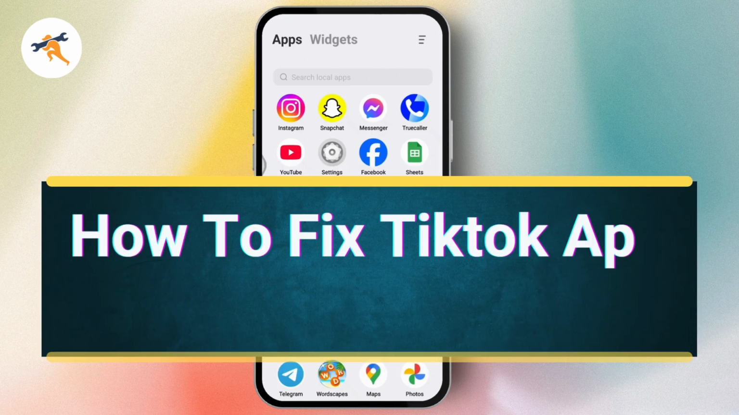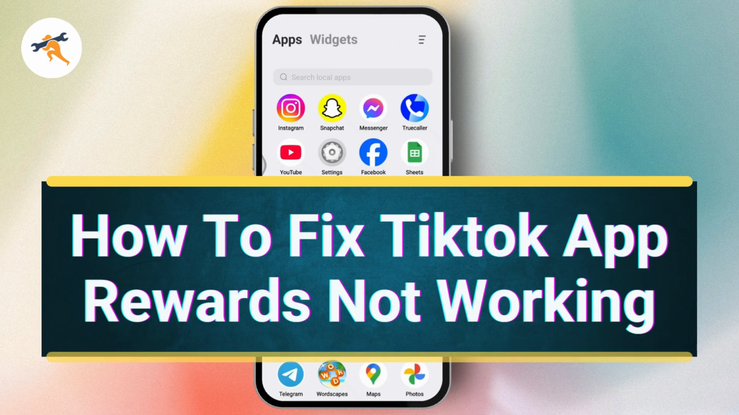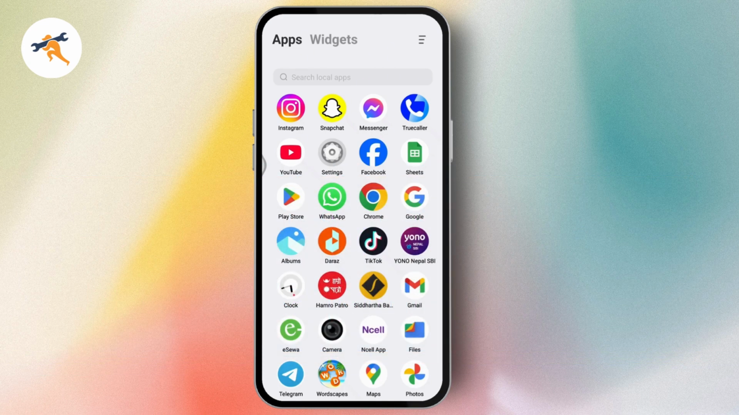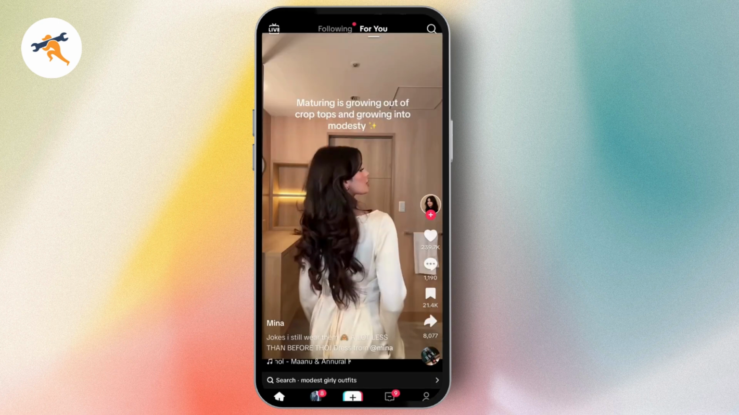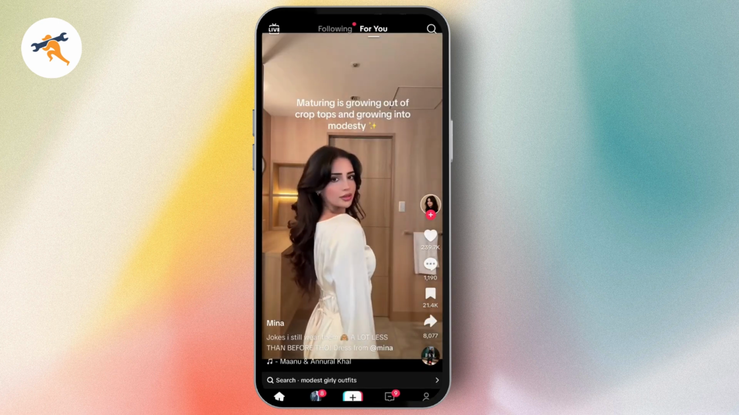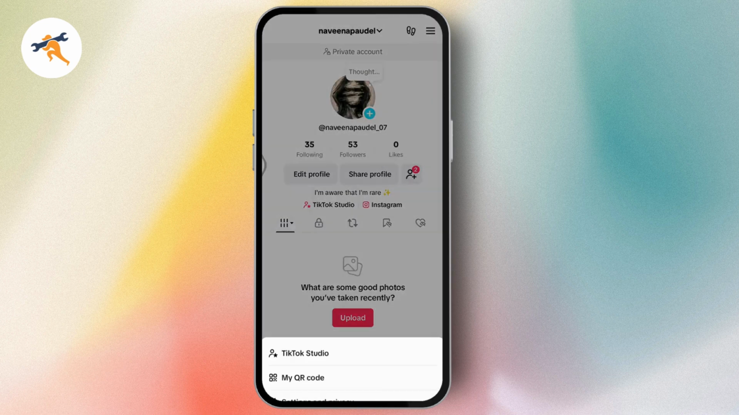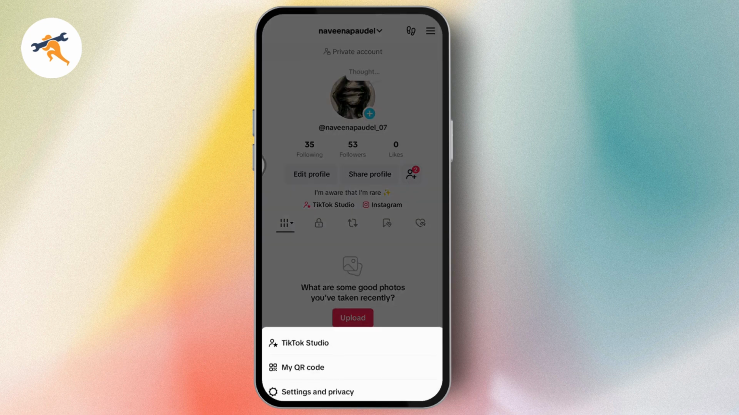How to fix TikTok app rewards not working. So if you want to fix the TikTok app rewards not working, then first you need to open up your TikTok application profile, which is on the bottom right. Once you go to the profile, go to the upper right, which has that 3-bar icon, and go to settings